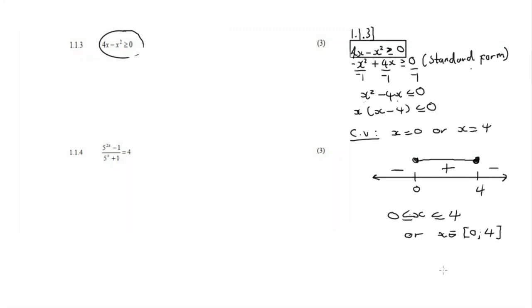So that's our solution for this equation. So this is a quadratic inequality. If it's greater than without the equal sign, you just leave these circles open, right? Okay, now we are going to